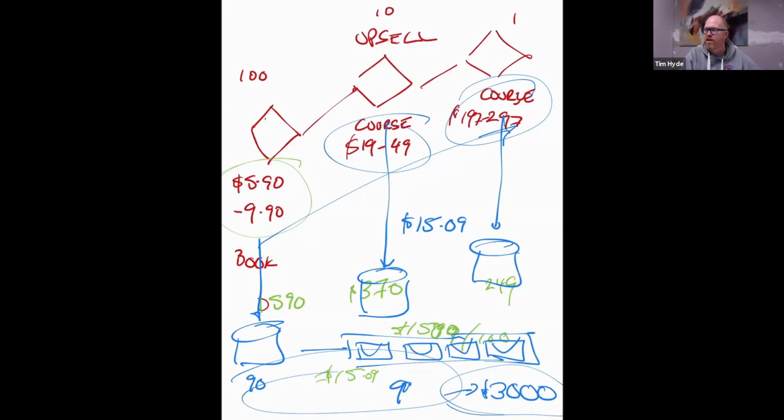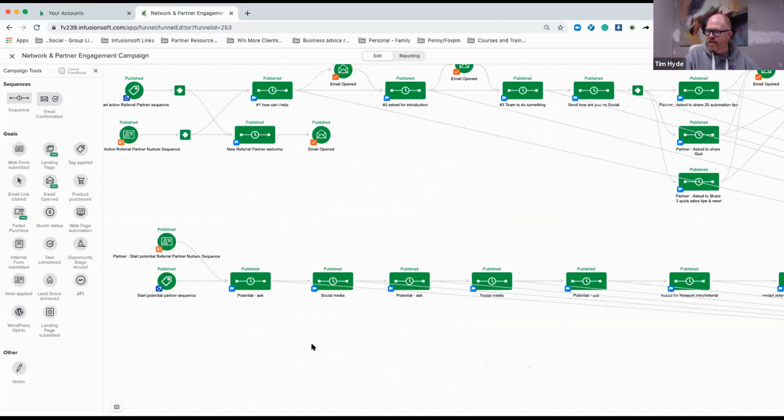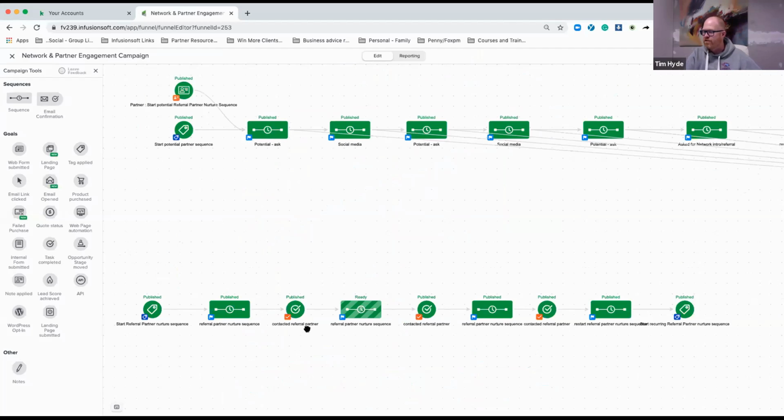Okay, so let me just show you one last thing very quickly. Obviously, a lot of you mentioned that you've got referrals as one of your key processes. I'm going to show you this one over here. This is my Infusionsoft account. Again, you can use any system you want for this. It doesn't really matter, as long as you can create loops and tasks and whatnot.